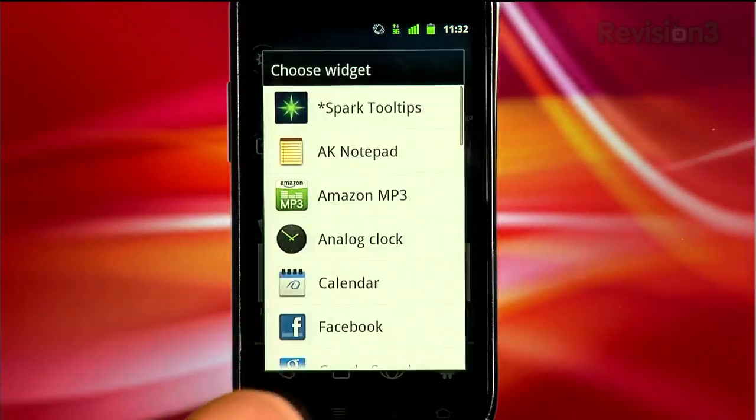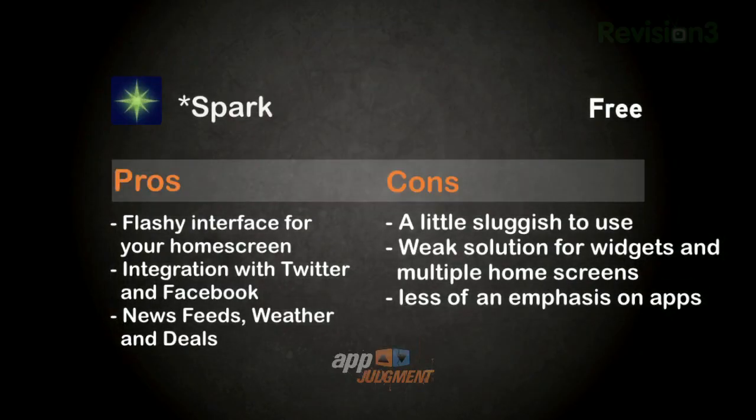Now, this is really the only thing I have against Spark. I'm glad they gave us a place to put widgets and shortcuts, but I feel like it's an afterthought. I would much rather simply be able to swipe left and right from my home screen and be able to access widgets and shortcuts without having to tap an icon and then load the overlay. But beyond that one nitpick, Spark is a really cool interface to let you use your phone in a completely different way. It integrates with Twitter and Facebook easily and gives you a ton of information around news, weather, deals, and